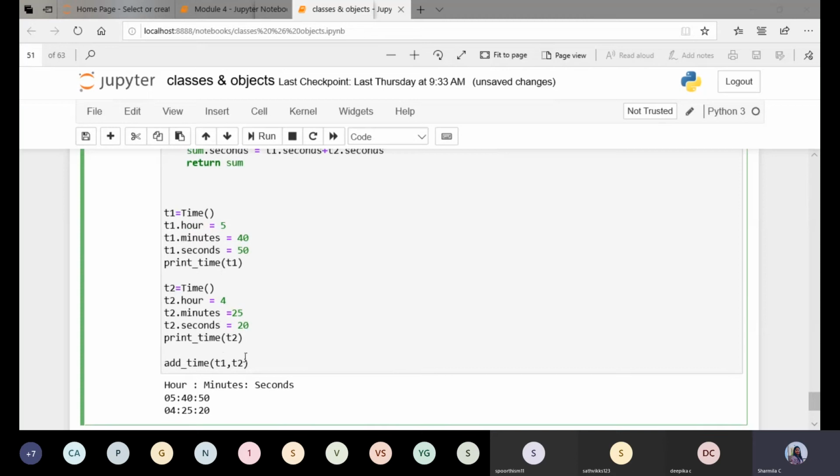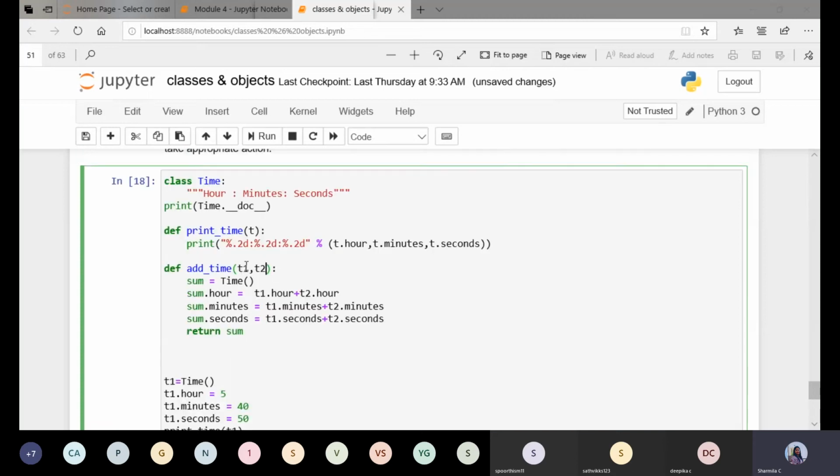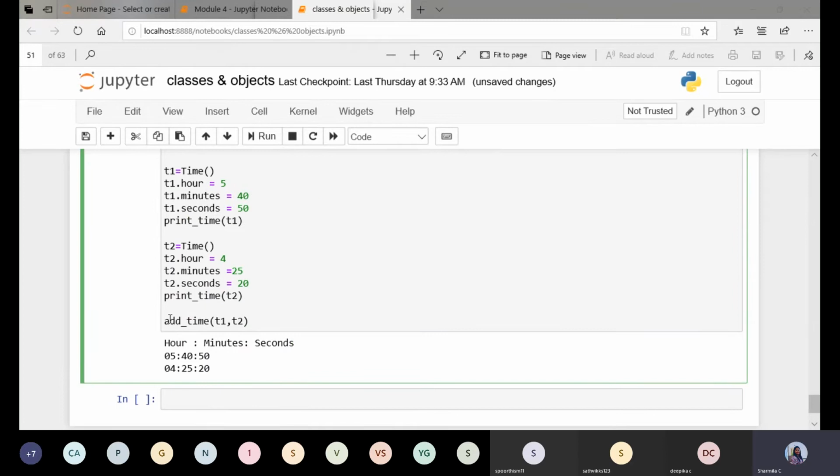I'm passing the objects as arguments, the function takes these arguments as input and performs the operation, and I'm returning an object. Whatever I'm returning, I'm storing in sum_time, which is equal to this.